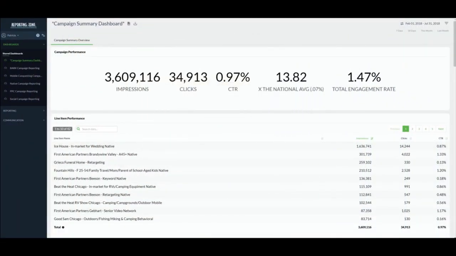When you first log into Reporting Zone, you're going to be taken to the campaign summary dashboard, which gives you a really nice overview of any campaign you're running, regardless of the products. So we can see these top metrics of impressions, clicks, click-through rate, time to national average, and total engagement across